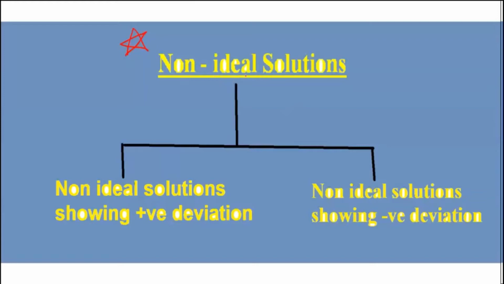And you know, solutions are homogeneous mixtures. So here the two liquids which we are discussing form a homogeneous mixture. You know the meaning of homogeneous, correct? In the beginning itself I've told you, when we are discussing solutions, we are talking about the homogeneous mixture. When you mix two substances, it appears as one liquid to you. You can't differentiate that there are two components present, okay? So here we are talking about homogeneous, not about heterogeneous mixtures. This is one point for you all to remember, okay? And this particular topic comes when you mix a liquid and a liquid, one liquid as the solute and the other as the solvent, okay?